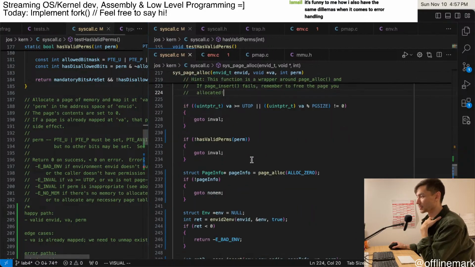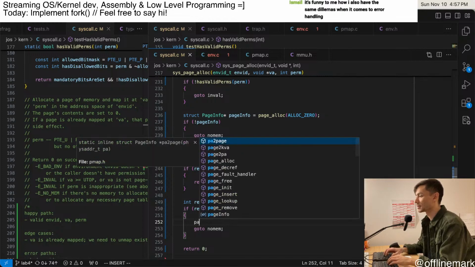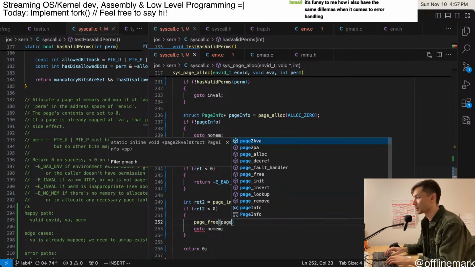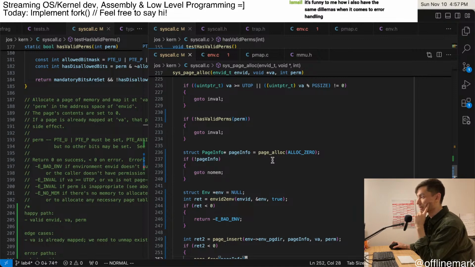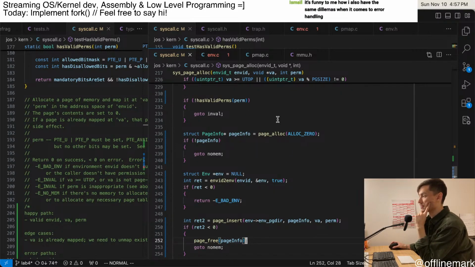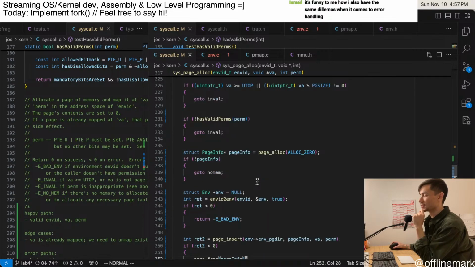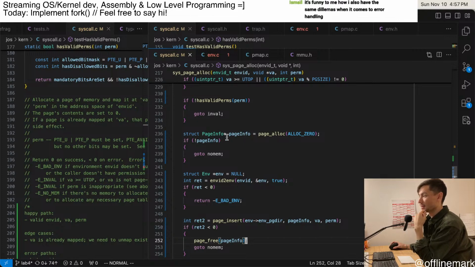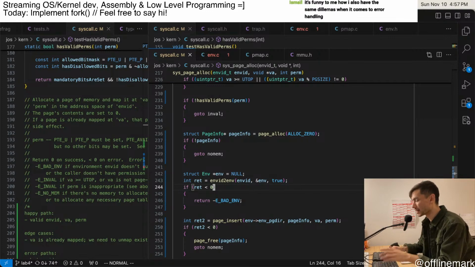Now time to think through a bit more of this. So if page insert fails, we need to free the page info, right? That's actually a really common source of bugs in C programming, where you do a bunch of stuff and in your error handlers you need to make sure to undo any of these semi-persistent changes that may have happened, like allocating memory. Otherwise you have leaks and stuff like that. And so for every one of these,